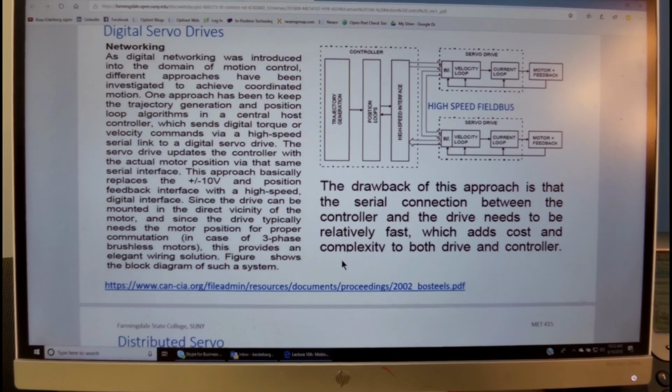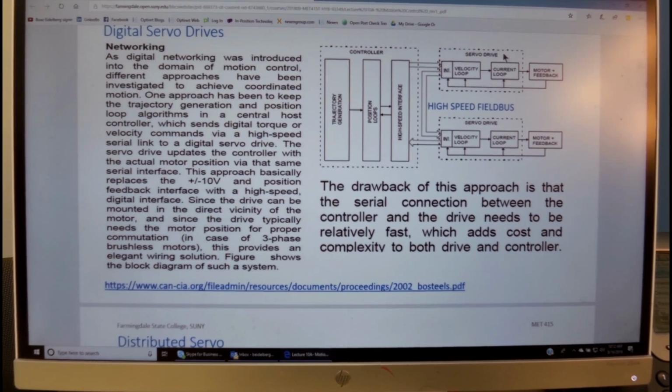The next generation of motion controllers is a so-called servo drive system, where the controller is not providing a plus or minus analog signal of 10 volts, but rather a digital signal into the digital servo.